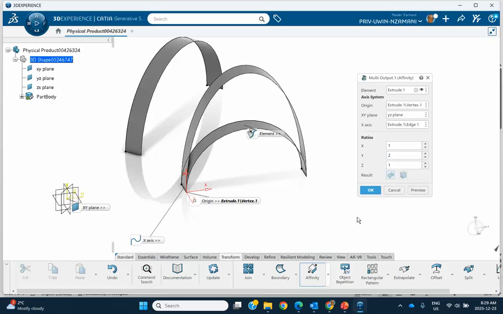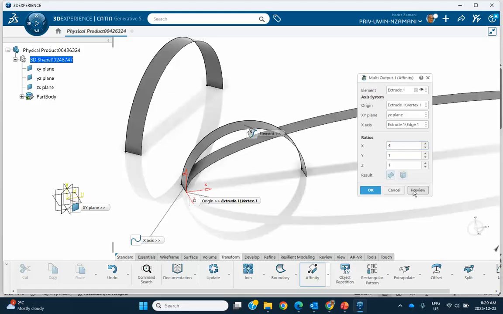Okay. Or if I do, let me put this thing back to 1. If I do, for example, for x equal to 3 or 4, it stretches in the x direction by 4. Good. Now cancel that. We cancel that. I'm going to do the exact same to that other surface there, but just bear with me